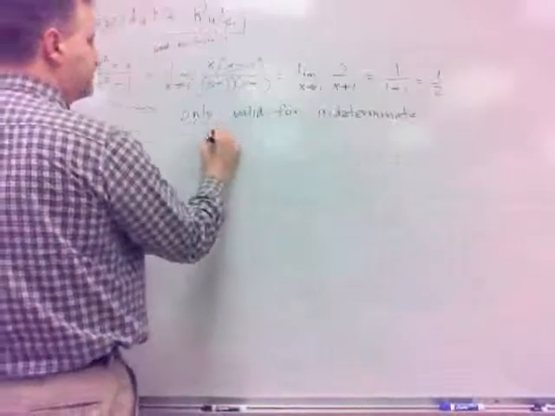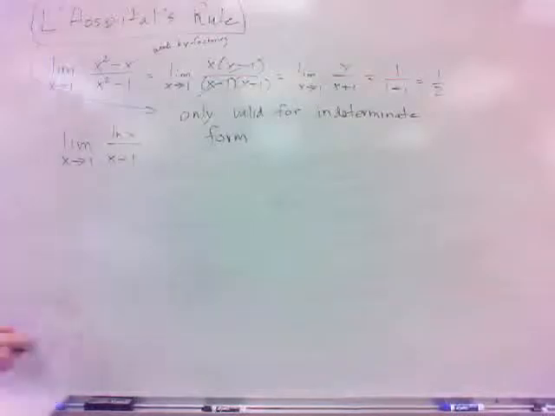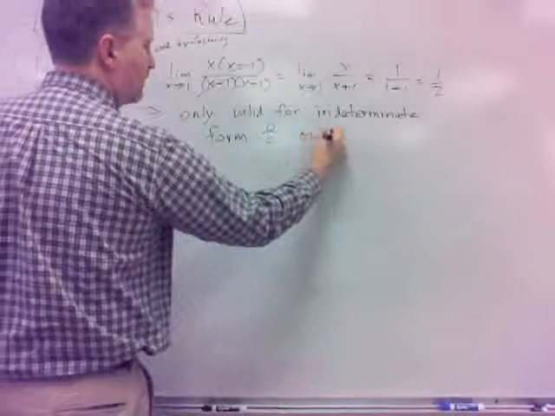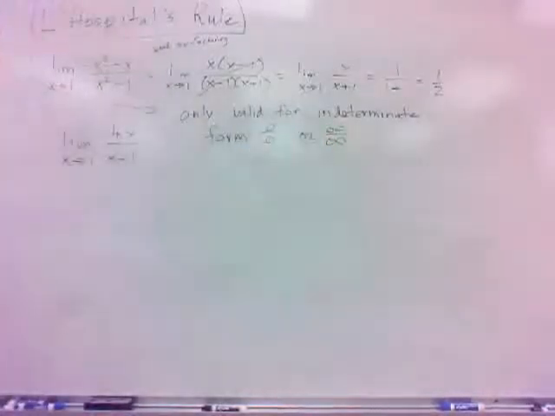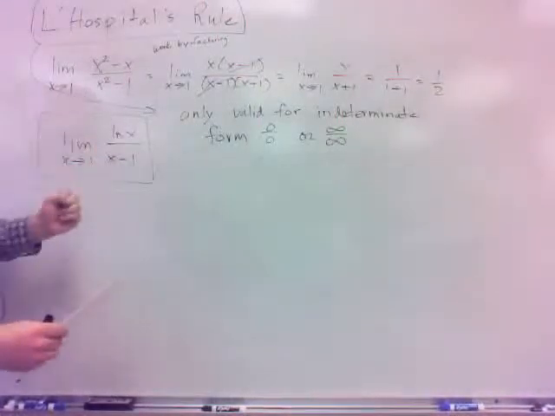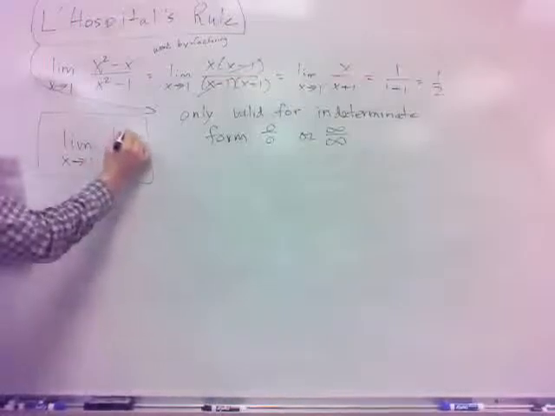We haven't talked about these yet, but there's two types. It's valid for the indeterminate form 0 over 0 or infinity over infinity. Here's what I mean by that. This little limit right here is the indeterminate form 0 over 0. In other words, it's a limit that appears to be indeterminate because you have 0 over 0, right? Because if I plug in x to be 1